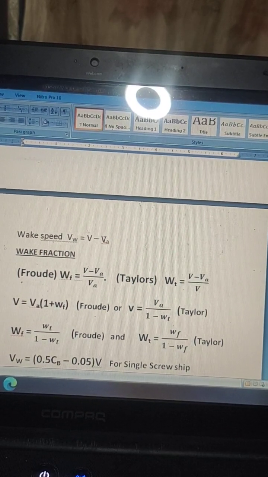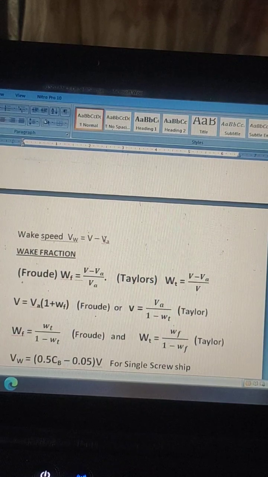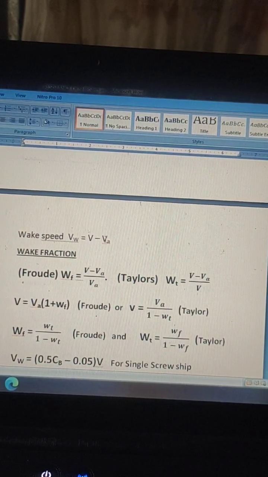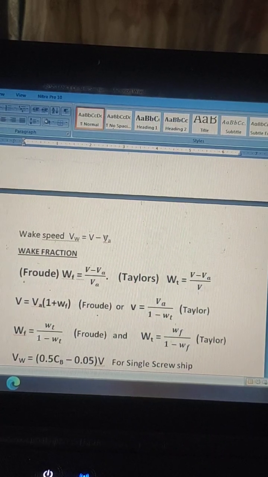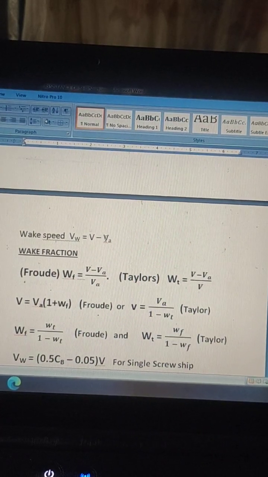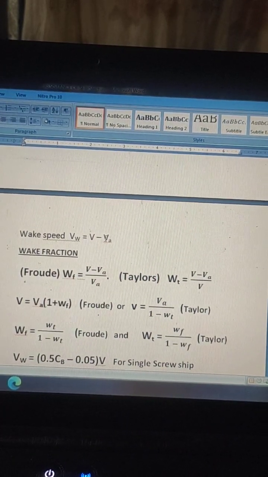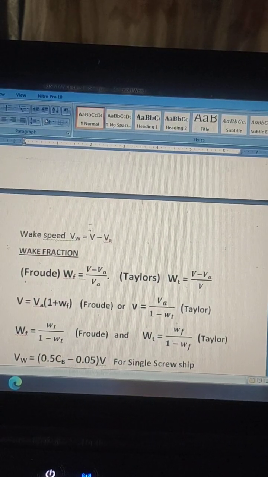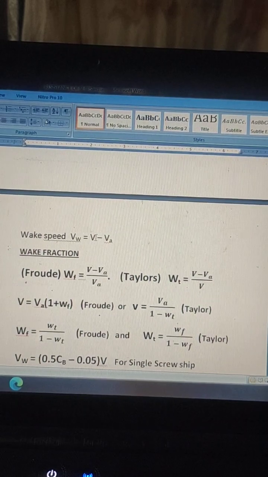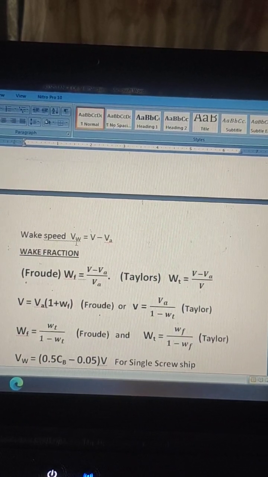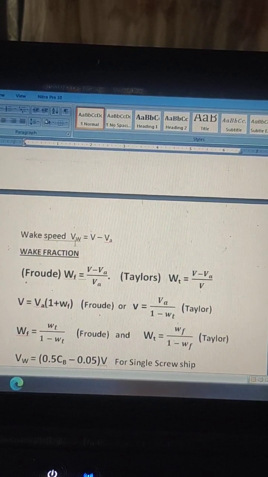When the shape of the hull is very fine, like in the case of the outboard engine, it's just a laminar flow. It's the same speed as the speed of the engine. But in the second case, where there was that turbulence, the speed is different,